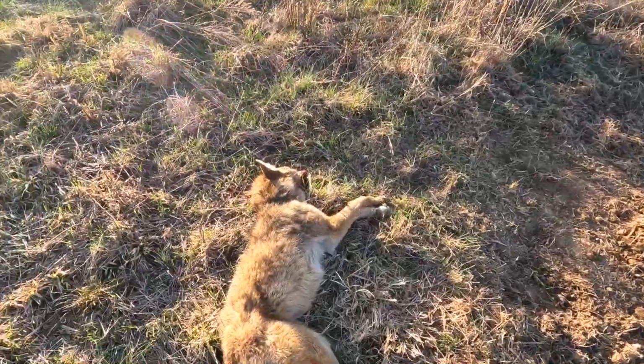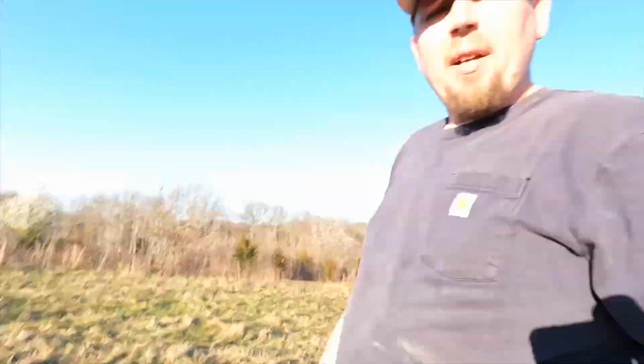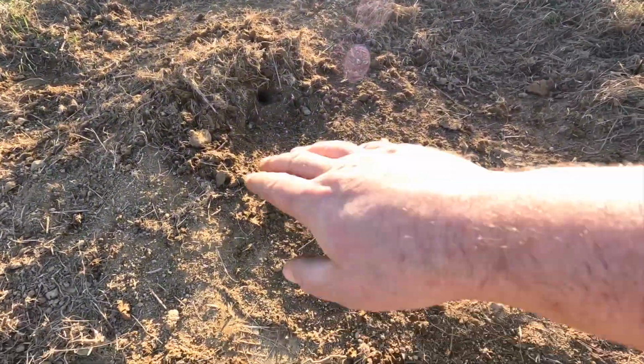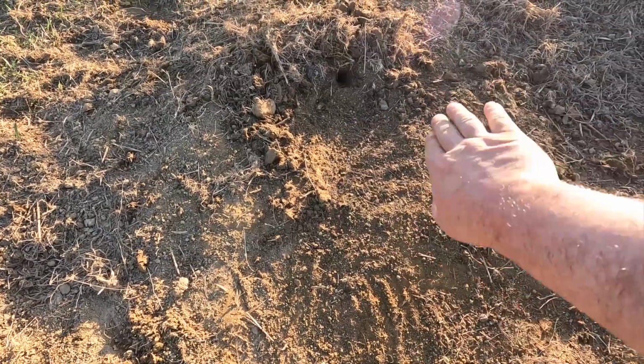All right, guys, there you have it. About another, I'd say just a few short weeks ago, he was a pretty dog, but his back's pretty rubbed up. Lost all his guard hair up front. Basic southeastern coyote, but anyway, we got this massive dirt hole remake made here, and trenched it back up good, and got it all sifted in there. I had to open that back up and get it kind of like a step down,